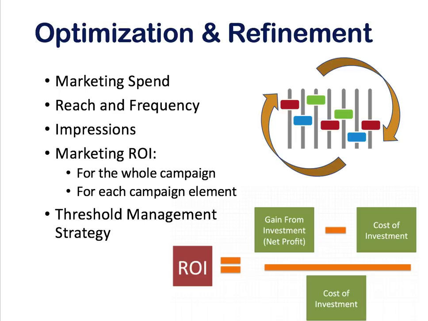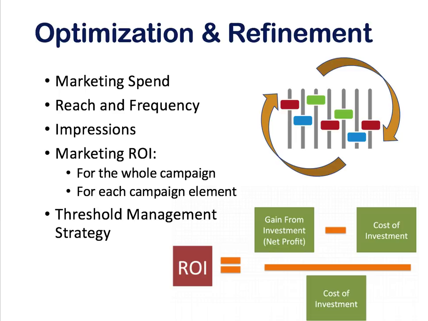And then the last piece that I want to talk about today, which I've been talking about throughout the program, is the optimization and refinement piece. So now that we've talked about different types of measurements that you can put into place for each of the different sections of the ADA model, I also want you to think about other metrics that we can put in and keep track of so that we can look from an optimization and refinement perspective.